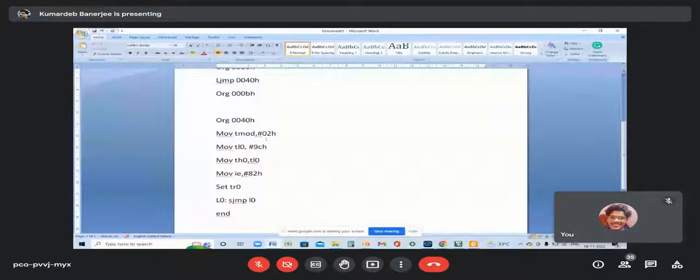So that means over here you write MOV R0, #00 hex. And in the timer interrupt part, what you write is, first you simply increment R0. Okay. So CJNE R0,